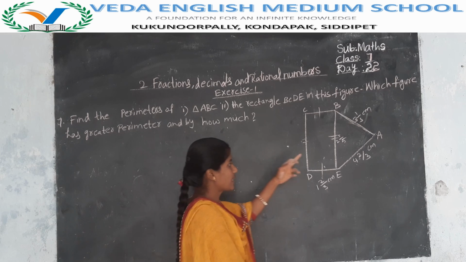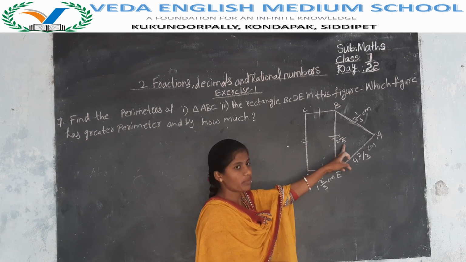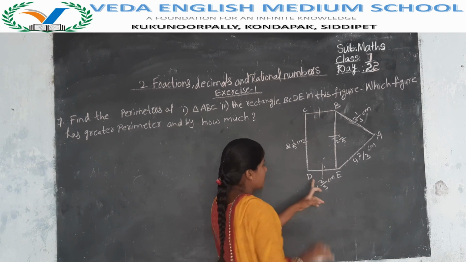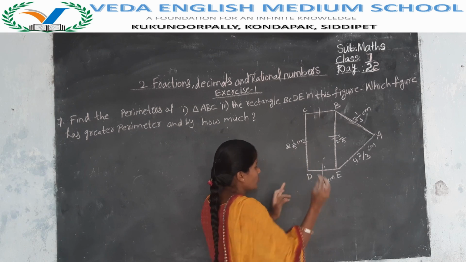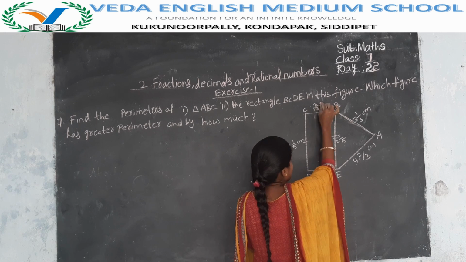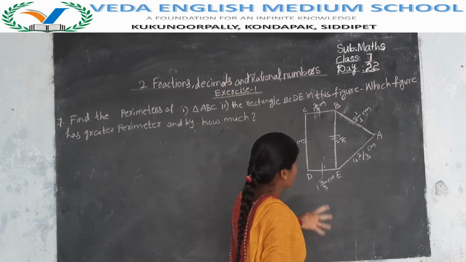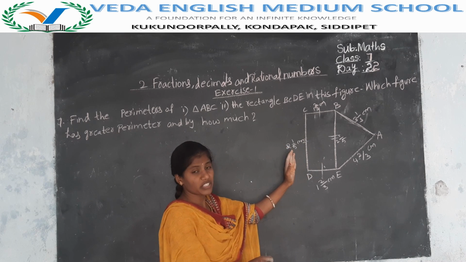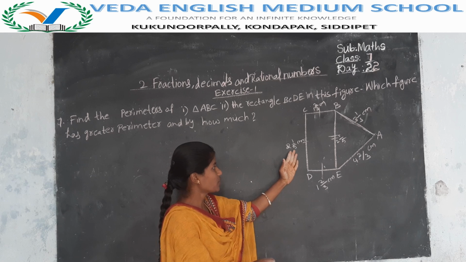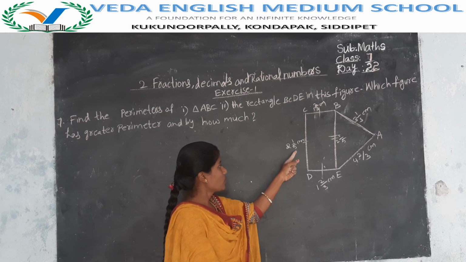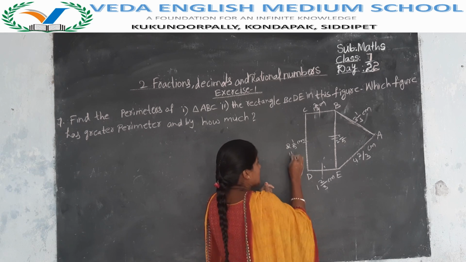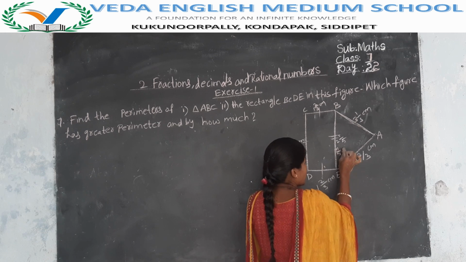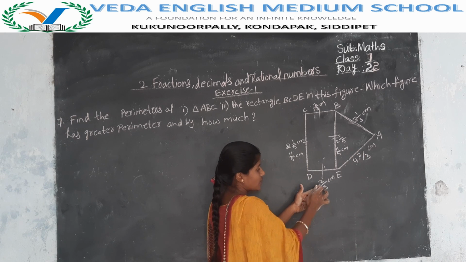Just now I said in the rectangle opposite sides are equal. If it is 2 into 1 by 3, then it is also 2 into 1 by 5 centimeters. It is 1 into 2 by 3, so it is also 1 into 2 by 3 centimeters. Now we got each and every side. Now everything is in mixed fractions. If you want to convert a mixed fraction to an improper fraction, how to convert? 2 fives are 10, 10 plus 1 is 11. It is 11 by 5 centimeters. It is also 11 by 5 centimeters. 3 ones are 3, 3 plus 2 is 5.